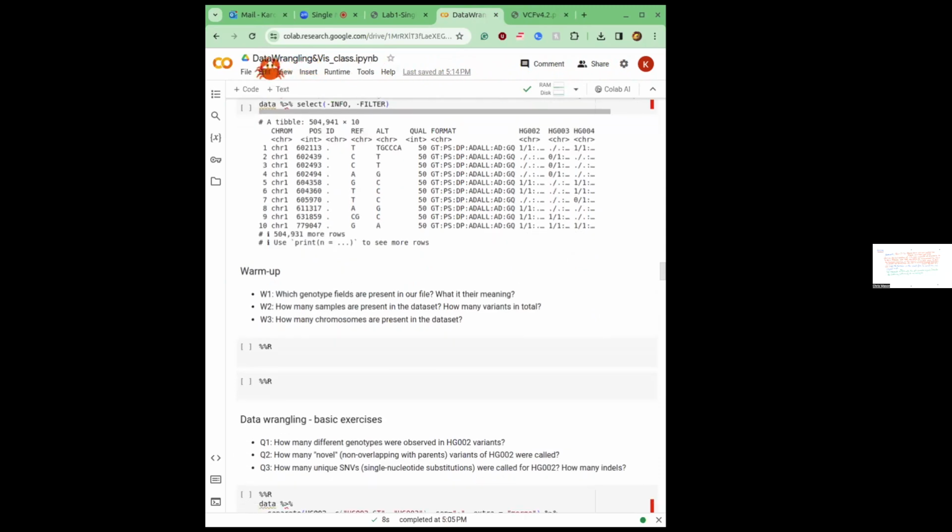How many chromosomes are present in the data sets? How do we check this? We said unique. Yeah, unique and then length. All right,